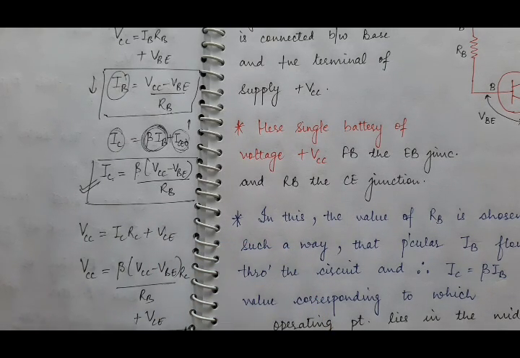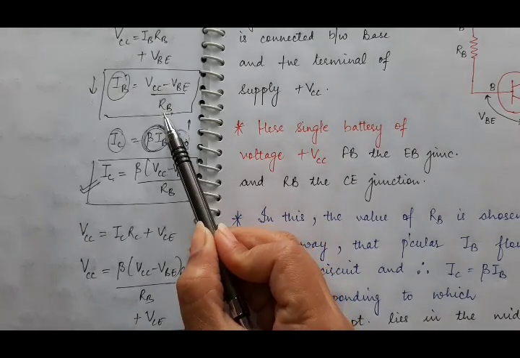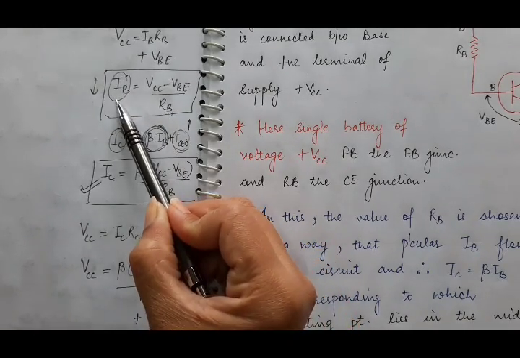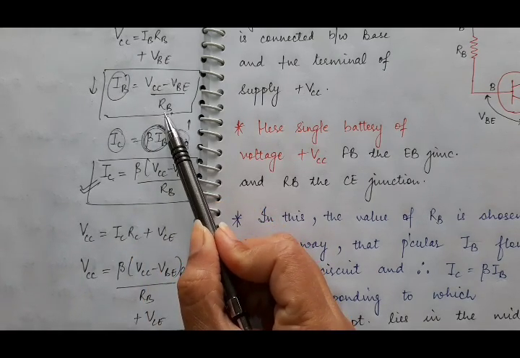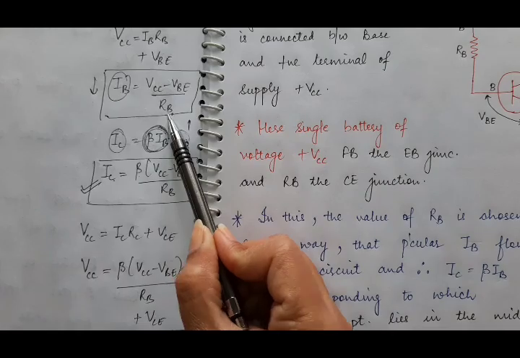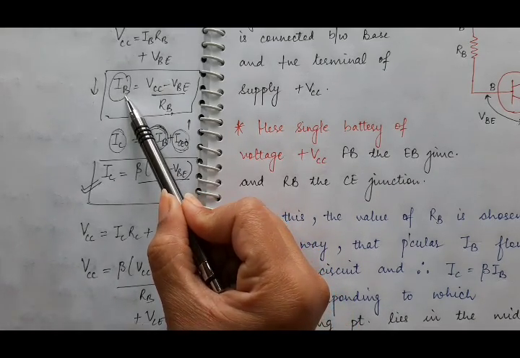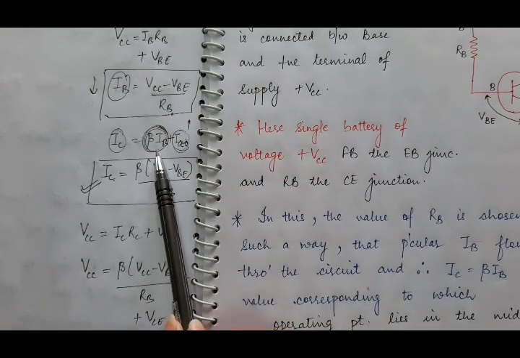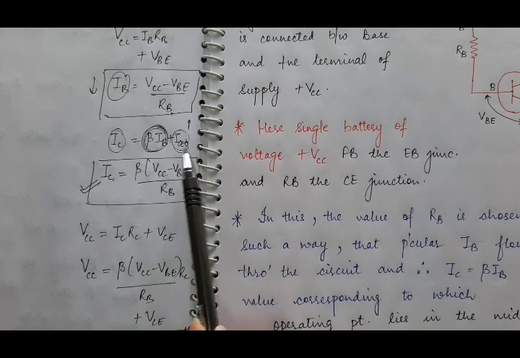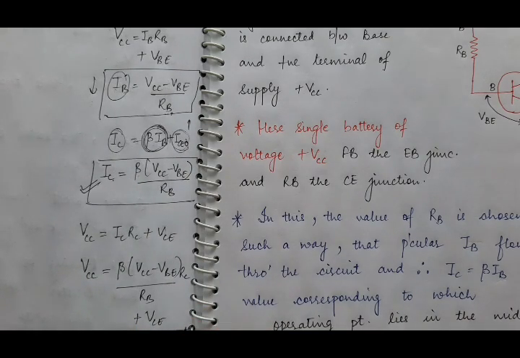So that is why, by choosing the high value of RB, what they have done? A high value of RB means a lesser value of IB, and a smaller base current, because when you have fixed a high value for RB, the value of IB is also fixed and its value will be small. And if this IB is small, it means this factor is small. So if this increases, its value will increase, but it will not reach a very high value.